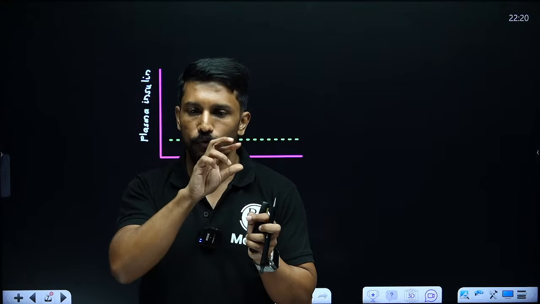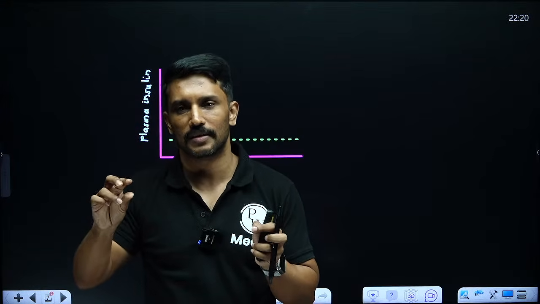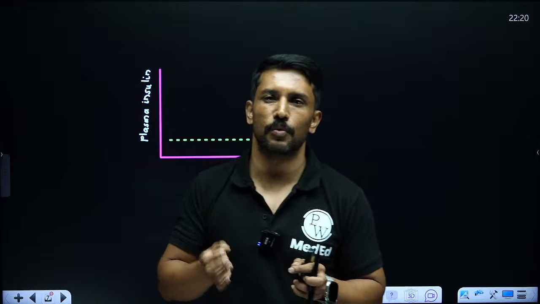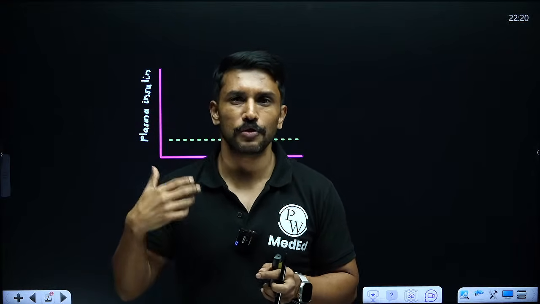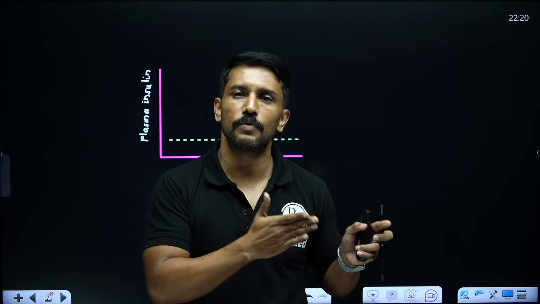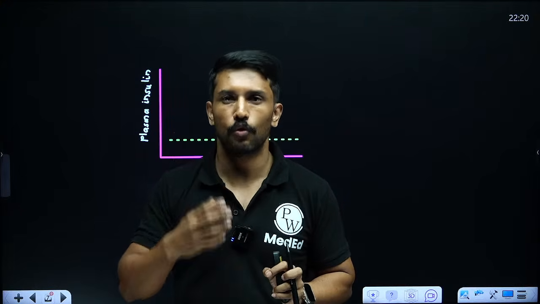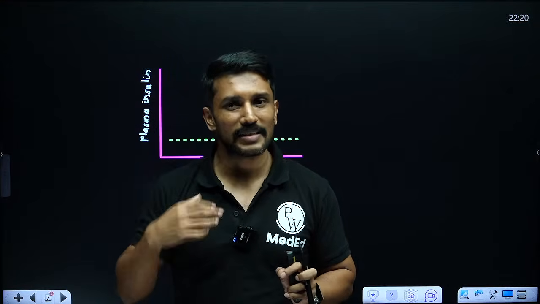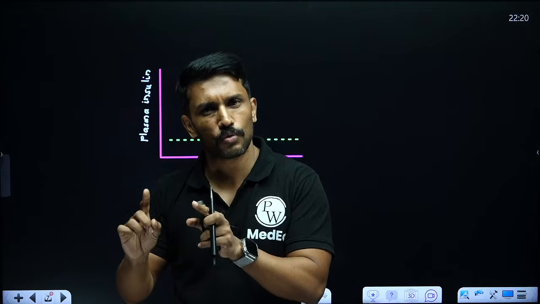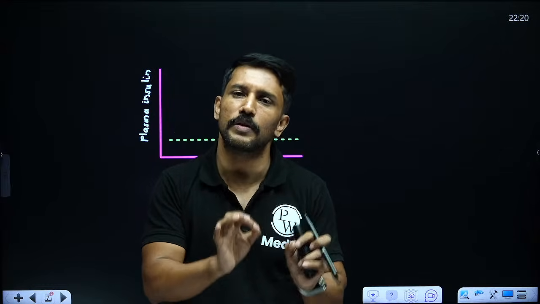So entry of glucose from blood into the cells is facilitated by glucose transporters called GLUT. Particularly at tissue level, it is GLUT4. So expression of GLUT4 is under the influence of insulin. So if I don't have sufficient insulin, I cannot produce sufficient GLUT4, and if I cannot produce these glucose transporters, my cells cannot extract the glucose from the blood. So for my cells to be able to use the glucose, there should be some amount of insulin present in